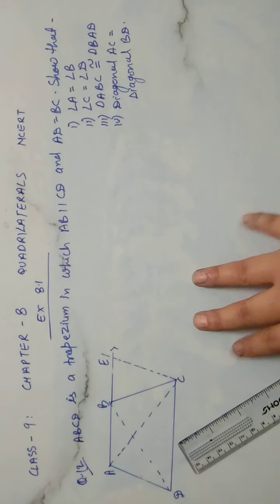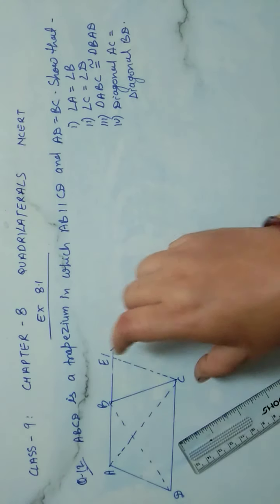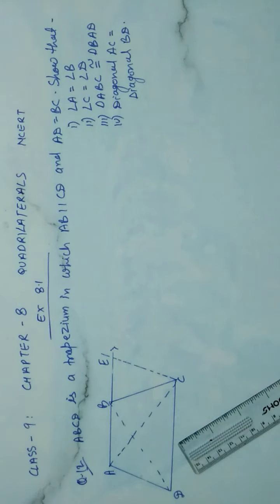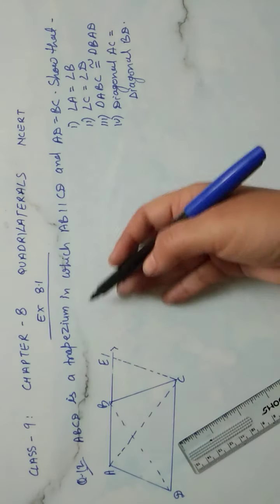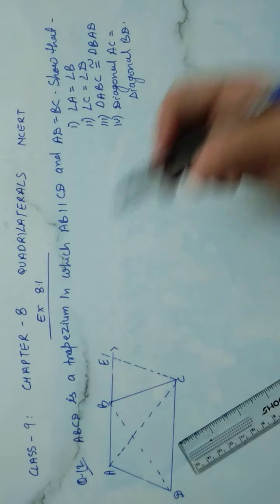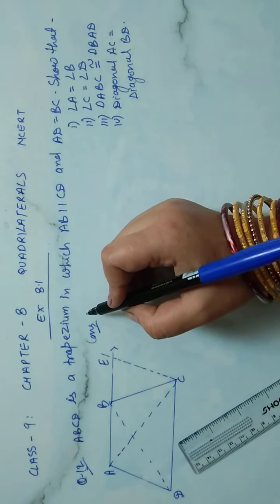First of all, we do the construction. What the construction is: we draw a line CE that is parallel to AD. So first of all we will do the construction. These many things are given to us, and this we need to prove. Now see, first of all we will do the construction. Just see what construction it is.